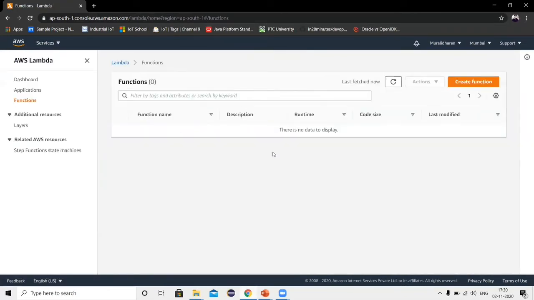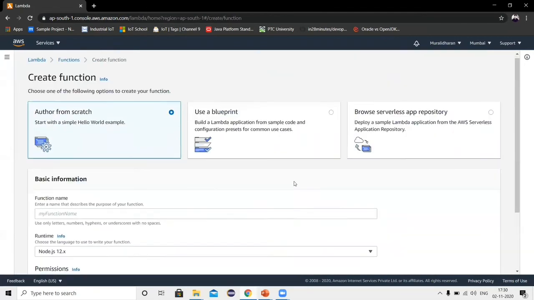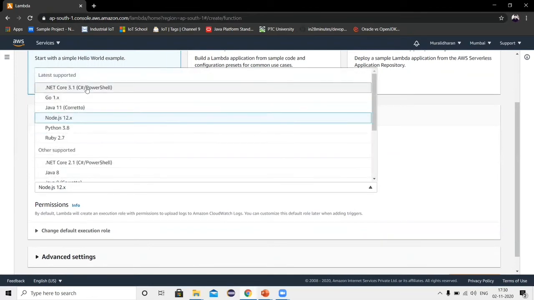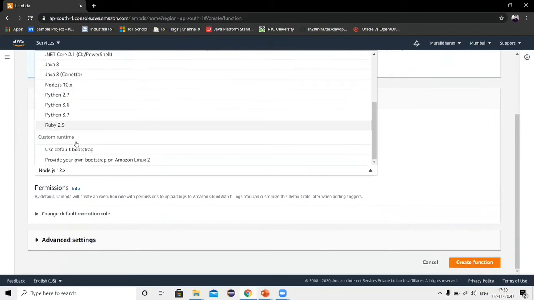So this is the Lambda console page. Click on create function. Now you can provide the application name. Here I'm going to use hello world, so I'm going to provide hello world underscore Lambda. Here I have to choose the runtime environment. As I said earlier, it supports a lot of environments.